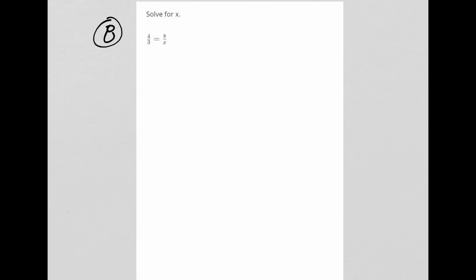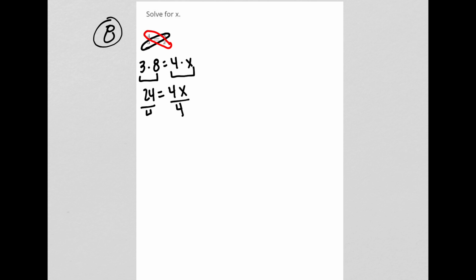And then finally, the last thing we covered in this unit was proportions. When you're solving proportions, you have to cross multiply. So I'm going to multiply 3 and 8. So 3 times 8 is equal to, and you cross multiply the others, so 4 times X. 3 times 8 gives me 24, and it's equal to 4 times x, which is just 4x. I need to solve this for x like usual, so I'm going to divide both sides by 4. So x is going to equal